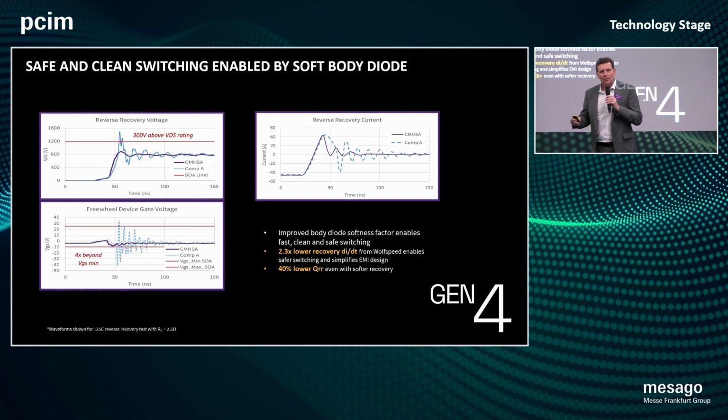So when you have a new generation and you're confident and mature in that generation, you can optimize. So you design it right. There's little point in having a new generation and then having to slow it down. It doesn't even perform within the datasheet parameters if you use it at their recommended operating conditions in hard switched. You violate by 300 volts. Think of the EMI. Think of the problems that you're getting. So why don't you bring a new generation out that does it right from the start in these second order parameters as well as the headlines? Body diode, soft switching,